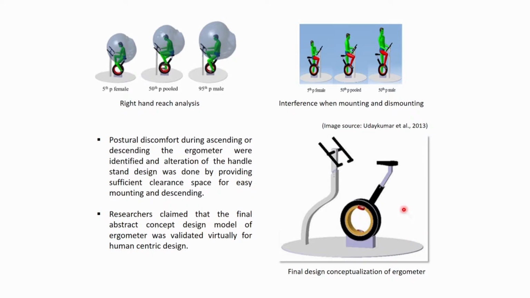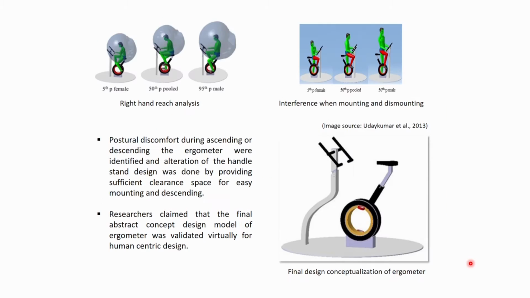In these last 2 papers, one is related to Surak design, and in this case it is the design of the ergometer. In both cases, we found that digital human modeling software can be effectively used for design and ergonomic evaluation of various products, and we can also ensure that a wide range of people with varying anthropometric dimensions can be accommodated.